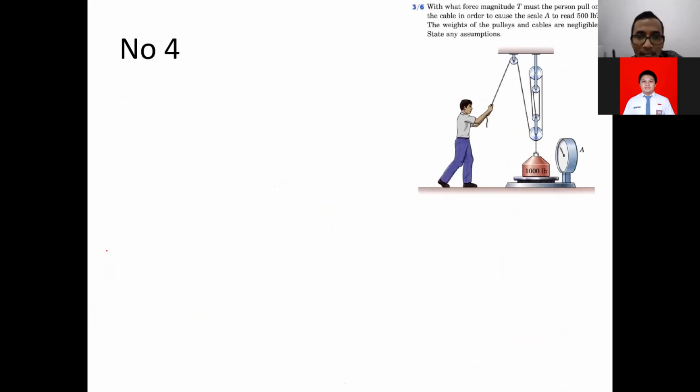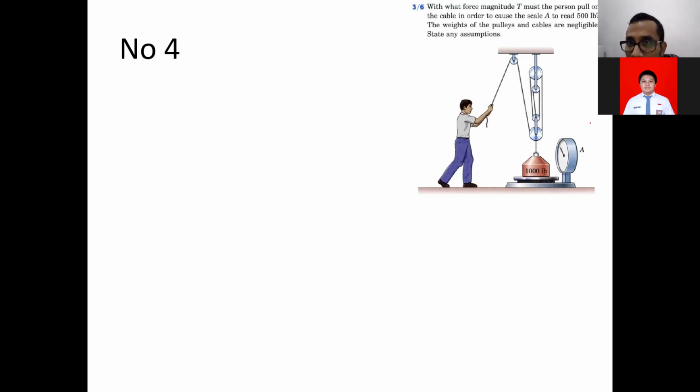Okay. Nah, untuk kasus yang ini agak sedikit berbeda. Okay. For this particular problem is slightly different. What is asked here is: with what force magnitude T must the person pull on the cable in order to cause the scale A to read 500 lbf. The weight of the pulleys and cables are negligible. State any assumption. Okay. So basically, what we want to do is to find out